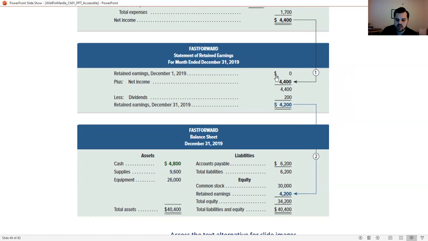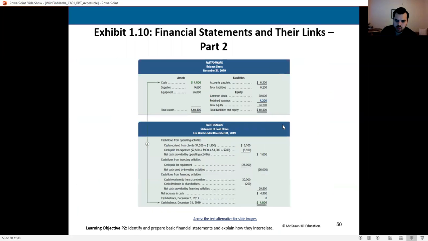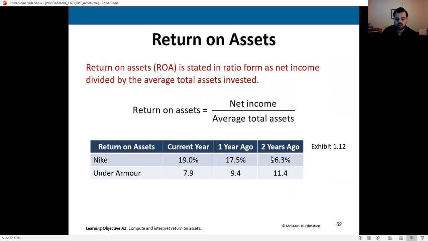Notice if we had used beginning retained earnings of 0 instead of 4,200, this would have only been 36,200, which would not have been enough to actually balance. You must use this new number for your equity section to balance out and to make your balance sheet actually balance. Remember, it's a balance sheet for a reason. It is not called the unbalanced sheet. Please do not ever turn in to me a balance sheet that does not balance. Finally, we see our cash balance coming down into our statement of cash flows. Once again, you will not be preparing the statement of cash flows here in chapter 1. We will simply look at it in chapter 12.